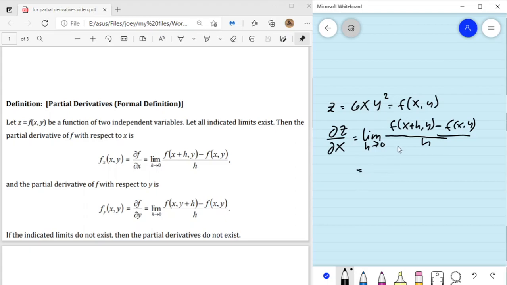So we substitute x here by x plus h and y by simply y for the first value of the function f. So we'll have the limit of,